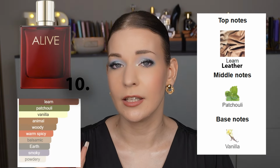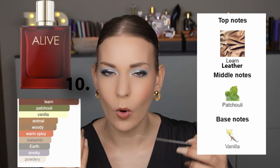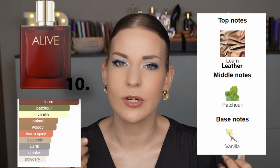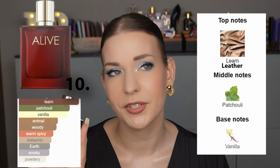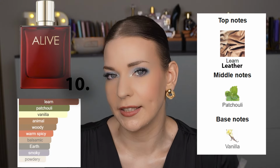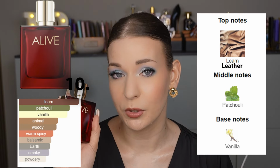I really love the Hugo Boss Alive line. It's really woody, really warm, with a hint of vanilla in there. Really spicy, really sexy smell as well. This is one that I really like to wear in the winter time or fall time, especially because of the warmth that it gives. And when I saw that they came out with an Absolu,